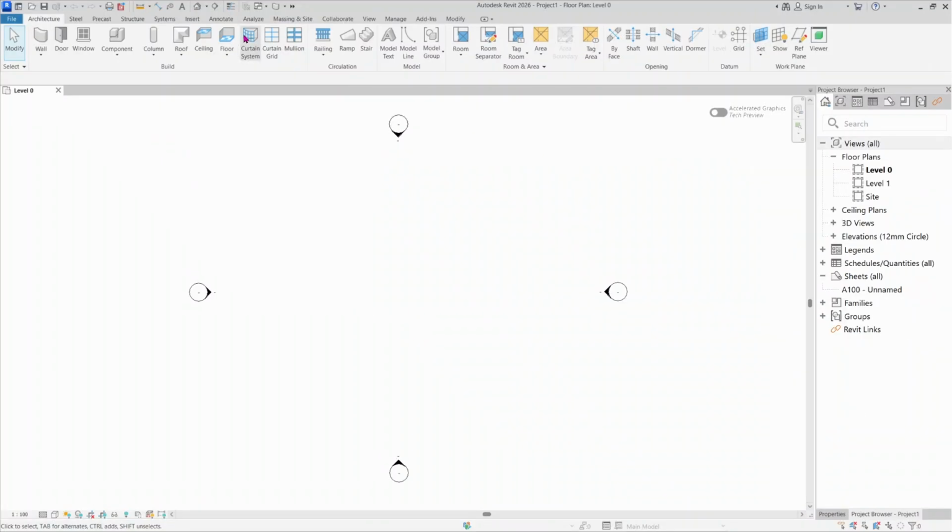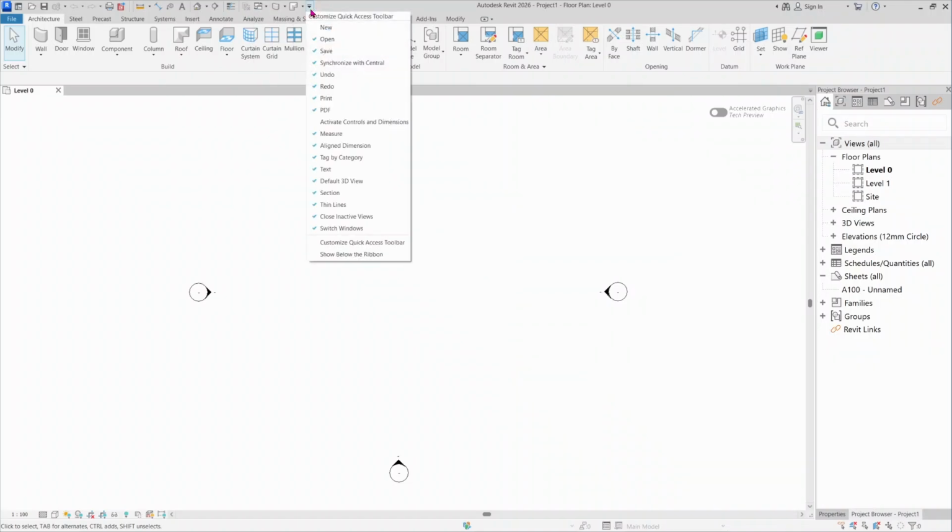As you can see here, we have the quick access toolbar. Here we have some essential tools that we can use in our project: open, save, undo, redo, print, PDF, quick dimension, align dimension, text, 3D view, cross section, line type, switch window, and wall. As we click on this arrow, you can see a list of default tools that you